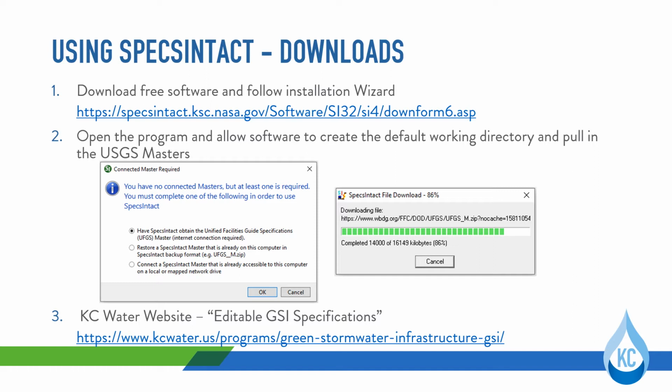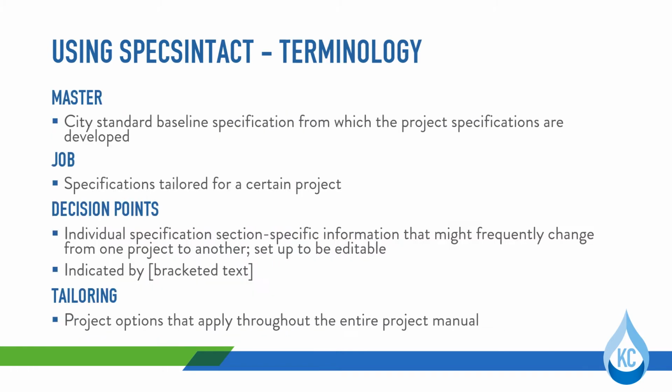Next, to download the Green Stormwater Infrastructure specifications, navigate to the KC Water website at the link shown and select the Editable GSI specifications. This will download a .zip folder with the individual SPECSINTACT editable files for each standard Green Stormwater Infrastructure section. So I'm going to introduce you to some SPECSINTACT lingo only because we'll be using it throughout